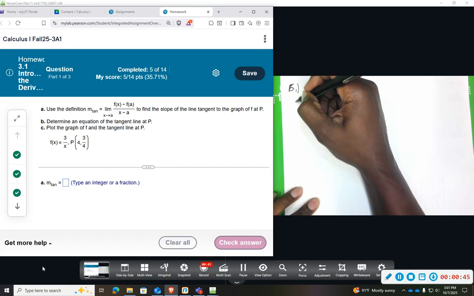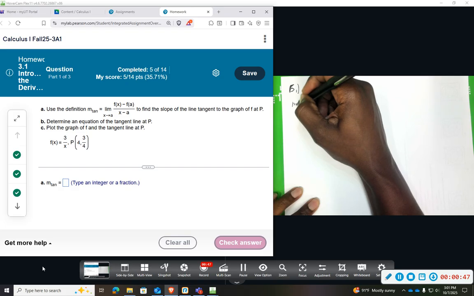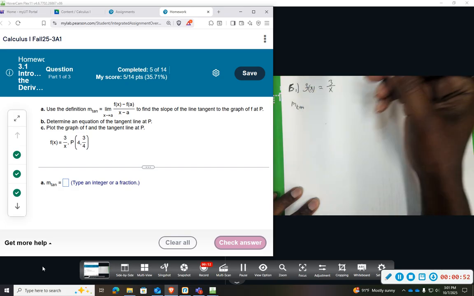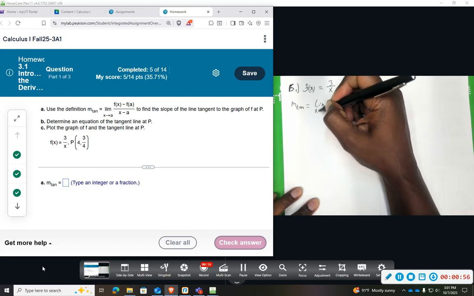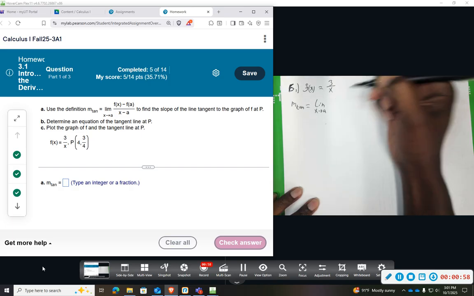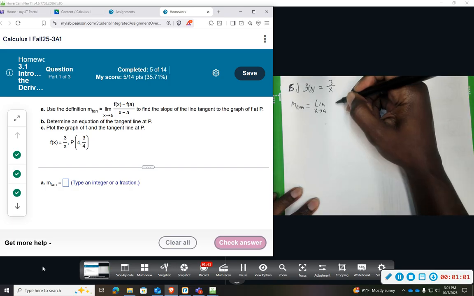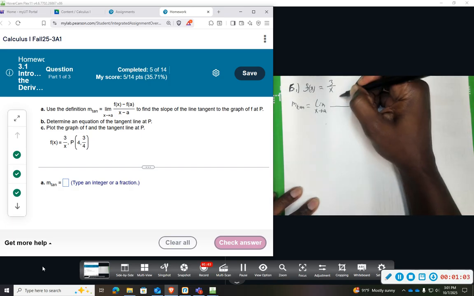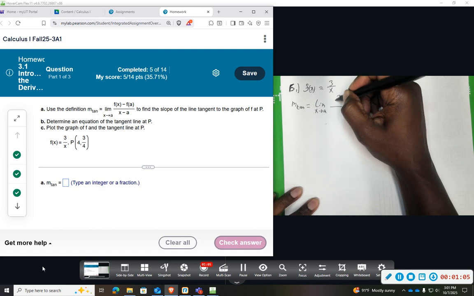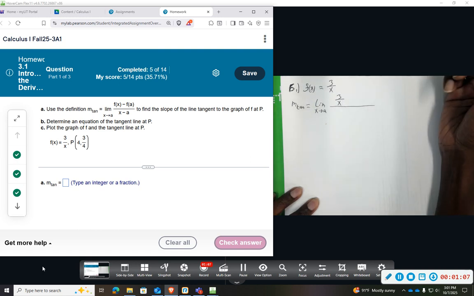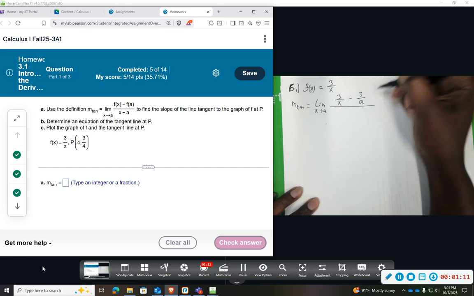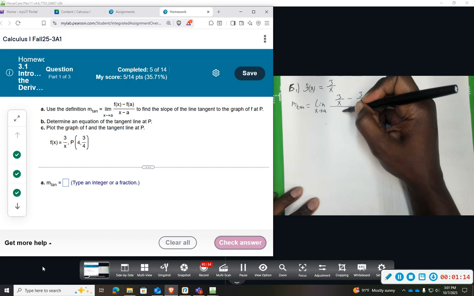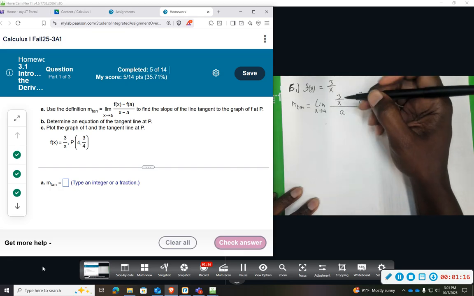So we're going to find m tan, the slope of the tangent line, by taking the limit as x goes to a of f of x, which will be 3 over x, minus f of a, which will be 3 over a, all divided by x